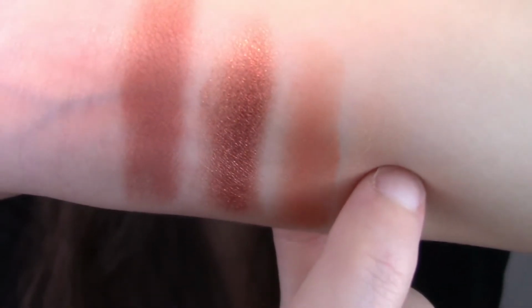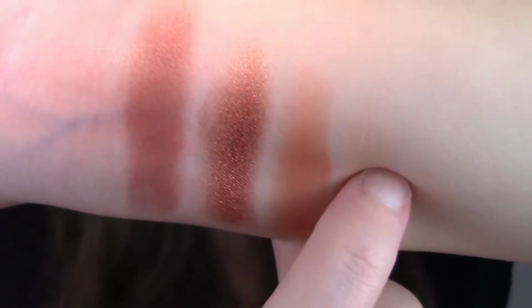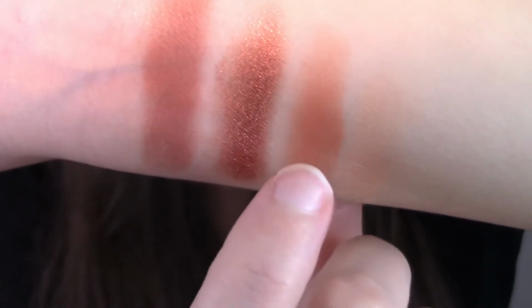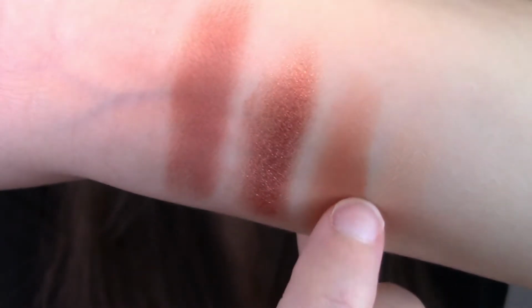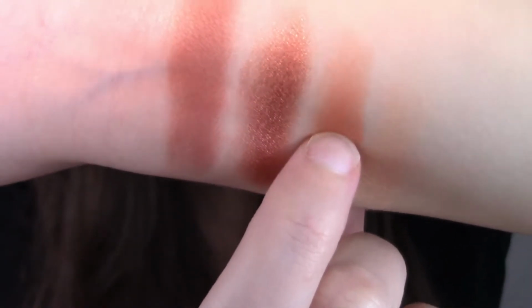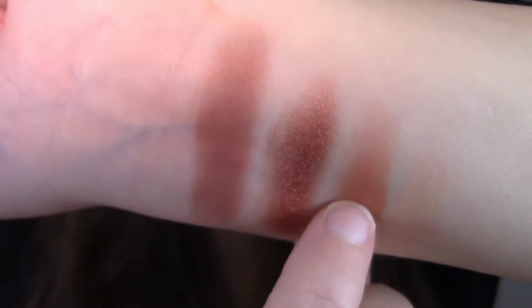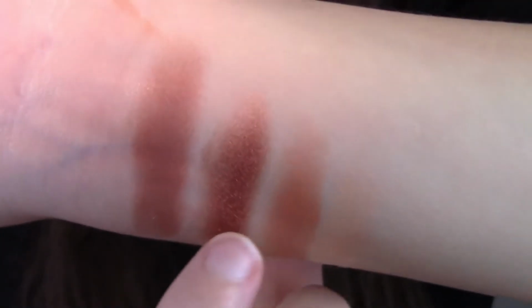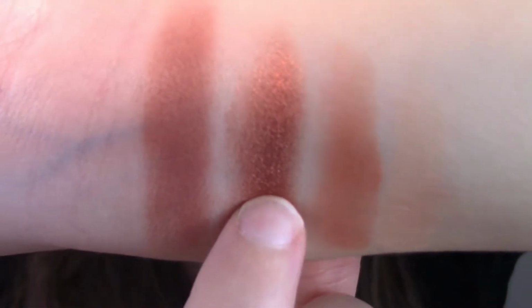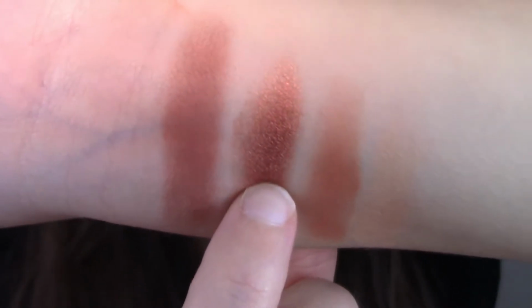It's kind of like a light peachy color, so it's really pretty, but that is Cashmere. The next shade here is called Warmth, and it's this beautiful, kind of light terracotta color. I love this one. The third shade here is Flame, and Flame is absolutely beautiful. It's, again, another sheen color, and it goes on the lids